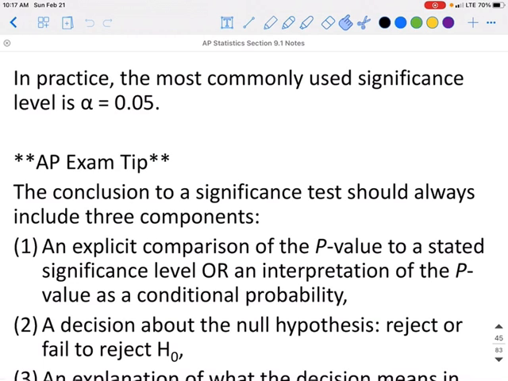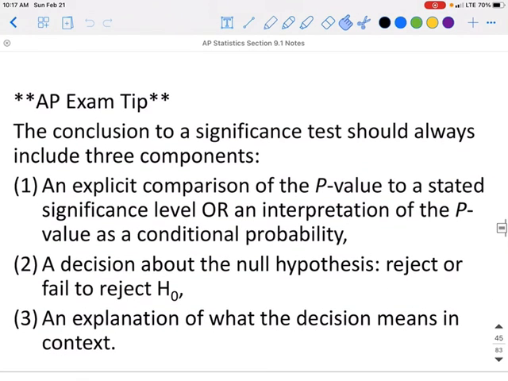In practice, the most commonly used significance level is an alpha of 0.05. When you take your AP exam, the conclusion to a significance test should always include 3 components: an explicit comparison of the p-value to the stated significance level, or an interpretation of the p-value as a conditional probability. You need to have a decision about the null hypothesis, whether you reject it or fail to reject, and an explanation of what this decision means,